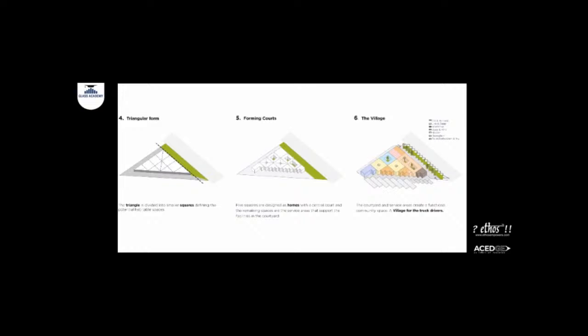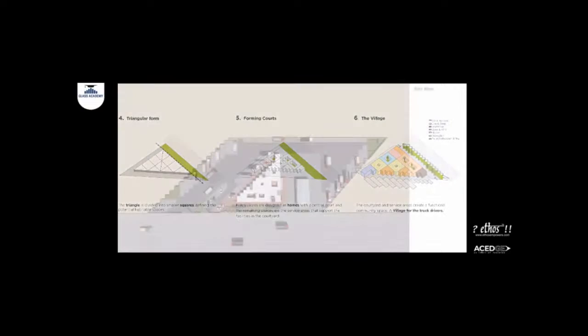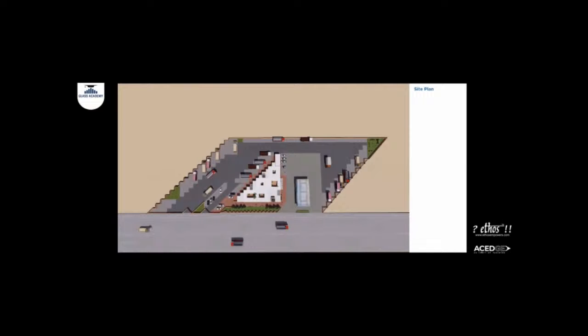And then along the edge, we have those triangular shaped spaces. Those are toilets and wash basin area, or a grooming center, or a washing area, which support those bigger courtyards. So in a way, it's a very technical drawing, which has bigger spaces which are supported by these smaller spaces. Yeah, and that's the site plan. That is how the building sits into the site, which is like a parallelogram. And the building sits like the triangle in the parallelogram.